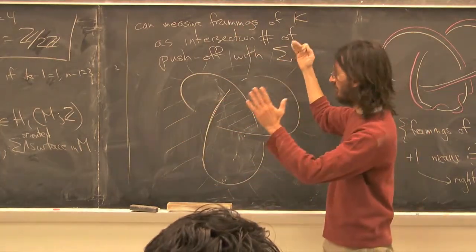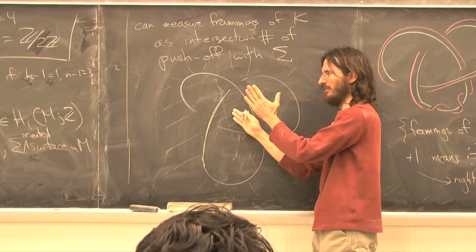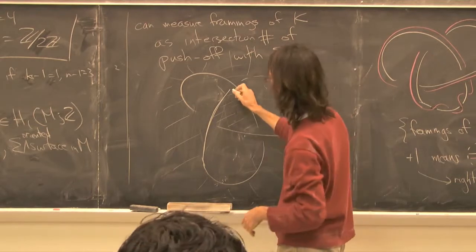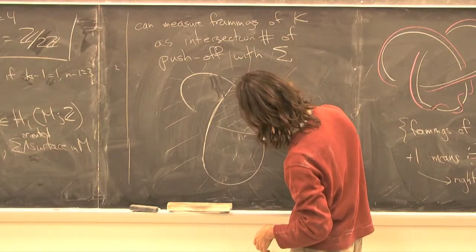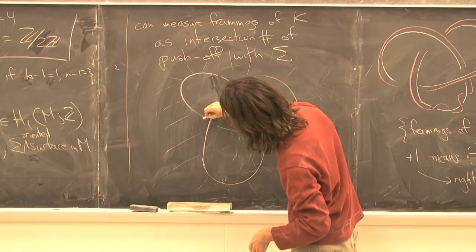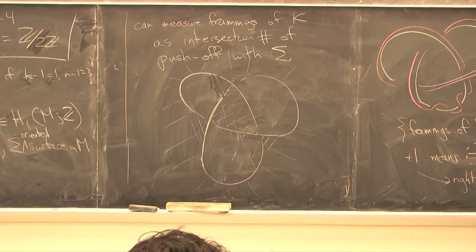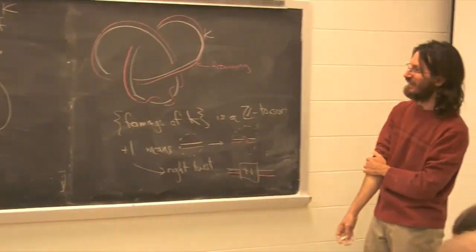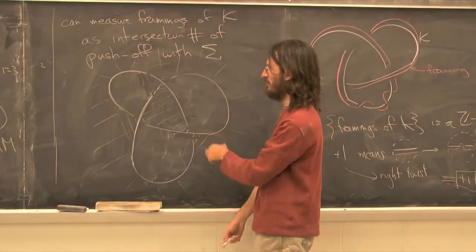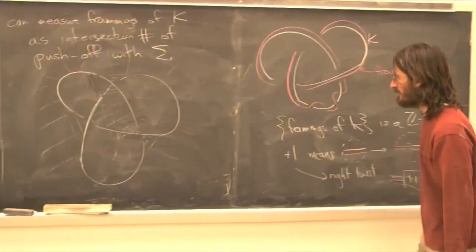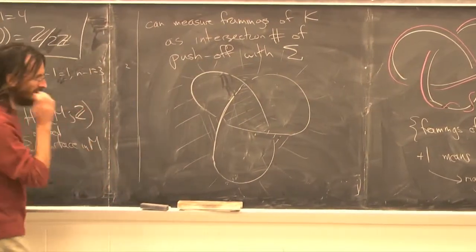So there's a sheet here and a lower sheet there, and then I've got a little half twisted band here, and another half twisted band here. If you did a knot theory course, you would have seen the Seifert surface construction. If you've never seen it, there's a nice algorithm to produce what's called a Seifert surface for a knot. And now suppose I wanted to draw a push-off that doesn't intersect this surface at all,